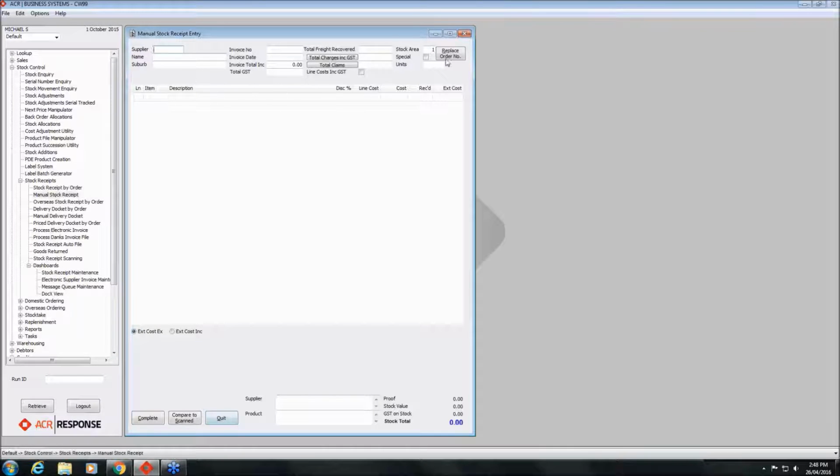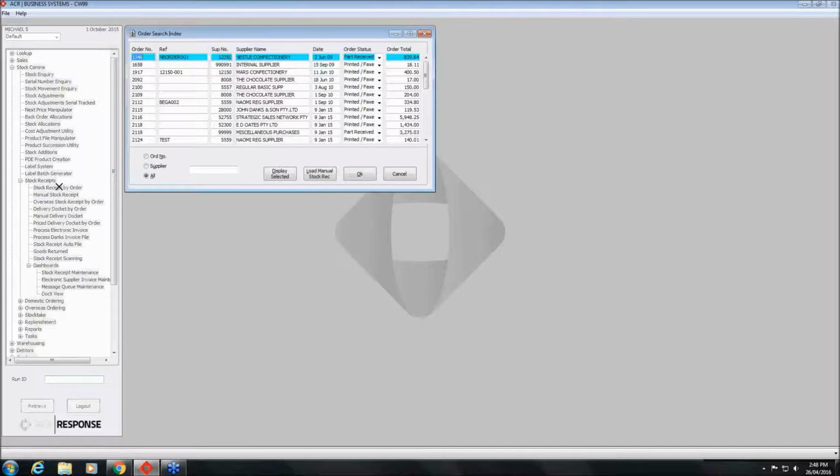They both have a section at the top that covers the order details and a section in the body that covers the products, as well as a section at the bottom that gives details on the product. The main difference is a manual stock receipt entry screen asks you for all of the details about the supplier and then allows you to enter in products one by one, whereas a stock receipt by order